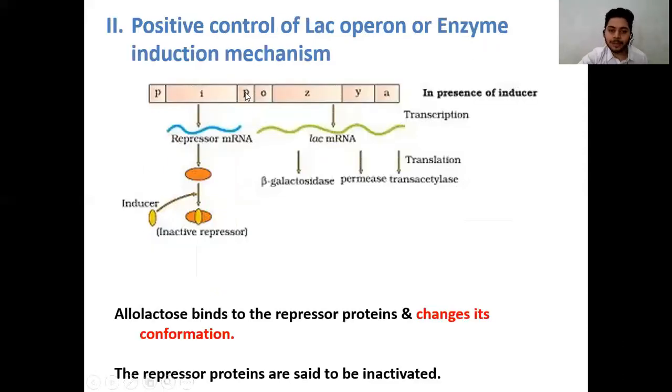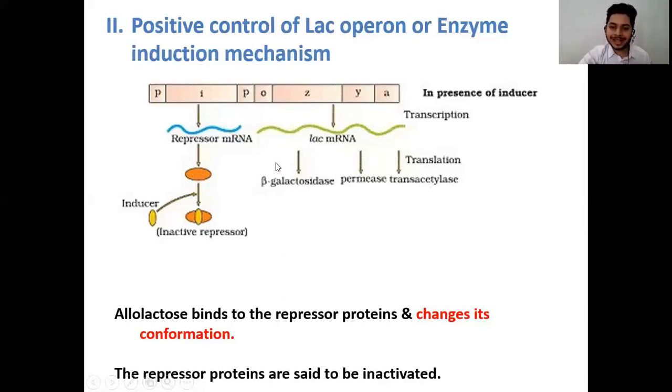when my RNA polymerase is going to come and bind to the promoter region, the pathway of the RNA polymerase is free, and this RNA polymerase can now freely transcribe all my 3 structural genes, LAC-Z, LAC-Y, and LAC-A. Therefore, my LAC mRNA will be produced upon transcription, and when this LAC mRNA gets translated, it is going to produce my 3 enzymes, beta-galactosidase, permease, and transacetylase.